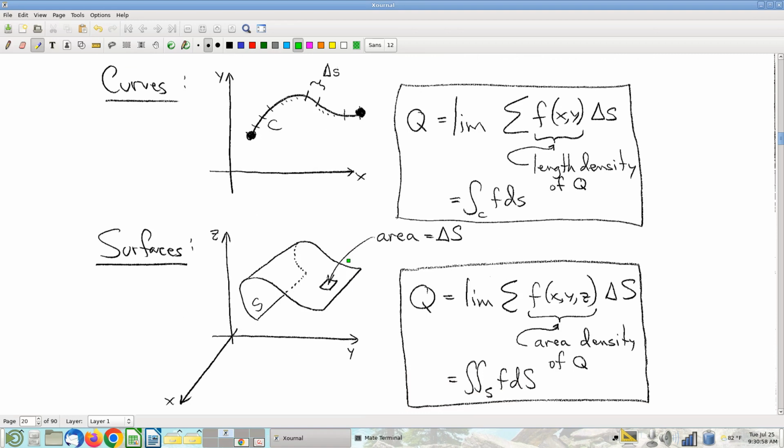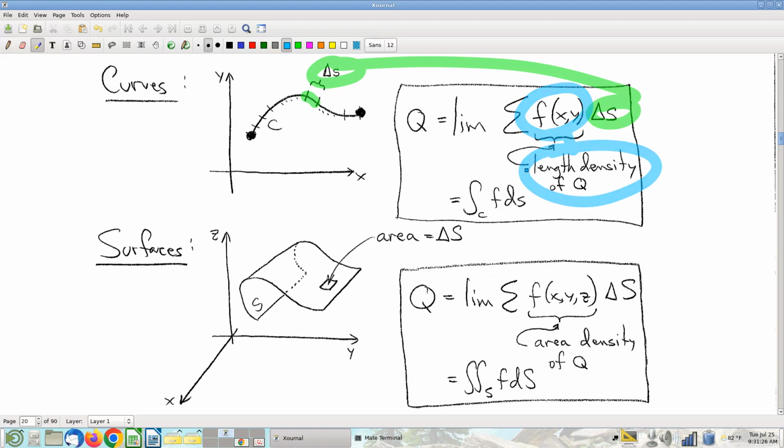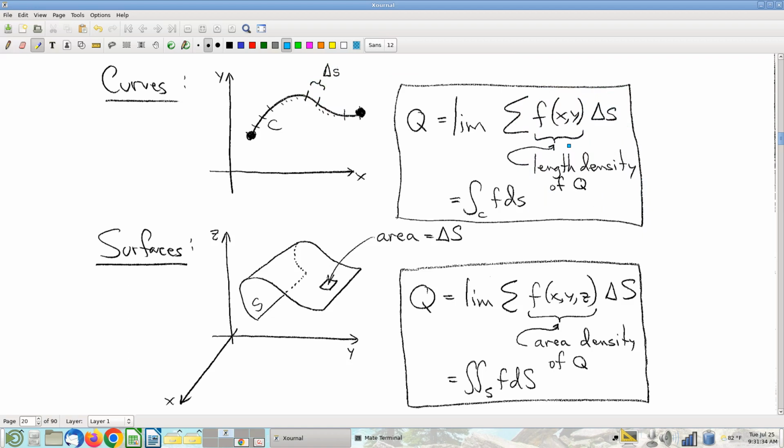This is where we ended last time. We just made a new kind of Riemann sum that's just tailor-made for exactly what is going on in this scenario here. Namely, we've got little pieces of curve. Curves have length, right? So we can talk about how big that little piece is by talking about its length. And then stuff is distributed in the sense of mass per unit length or stuff per unit length, whatever the nature of the stuff is, etc. So we therefore came up with this new concept of a